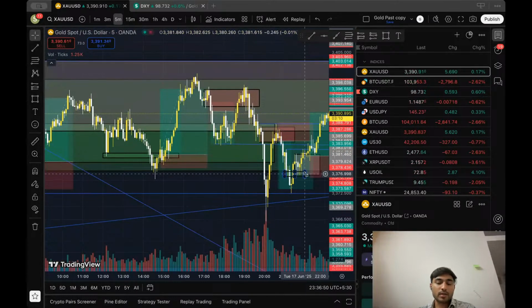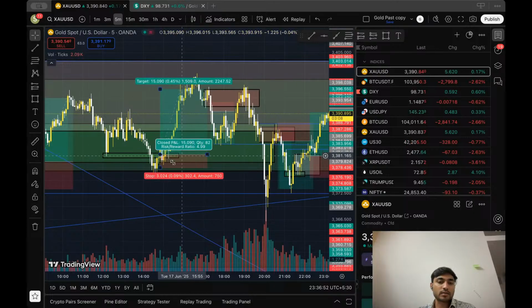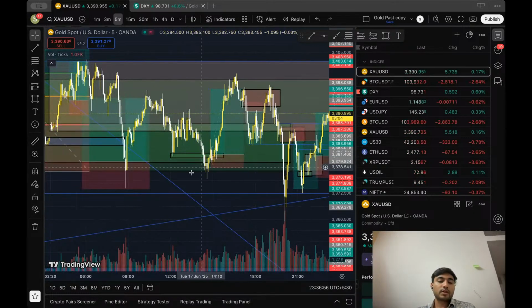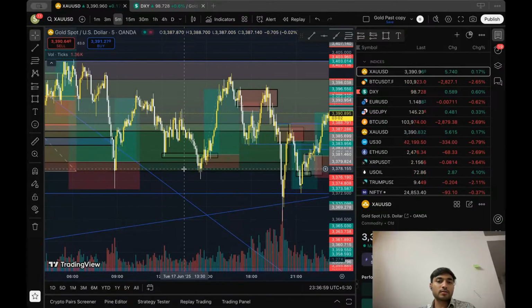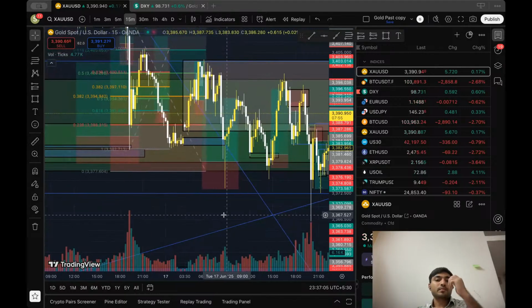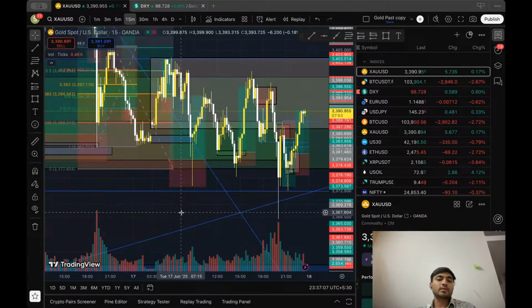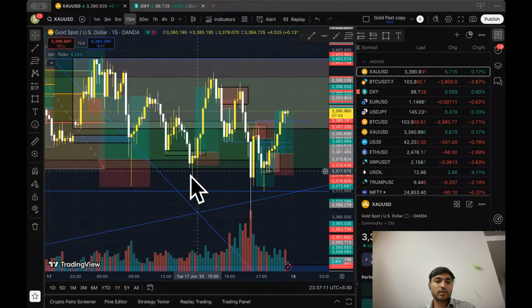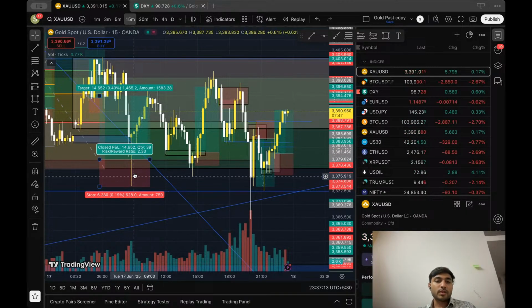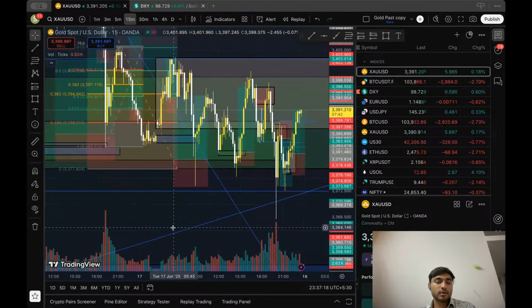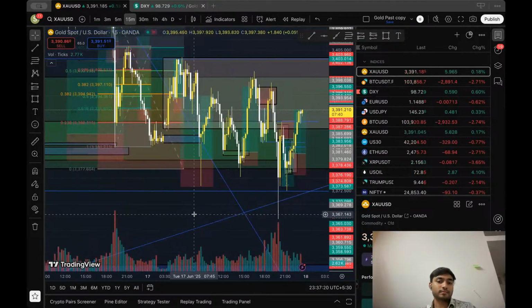Here also we have market structure. Here also we have market structure. See, that is how I took the trade. So wait for it. There are plenty of opportunities out there. Wait for it and trade them properly with good risk management. That is what this was. People were thinking, I missed this trade, I missed this trade. You did not miss anything.